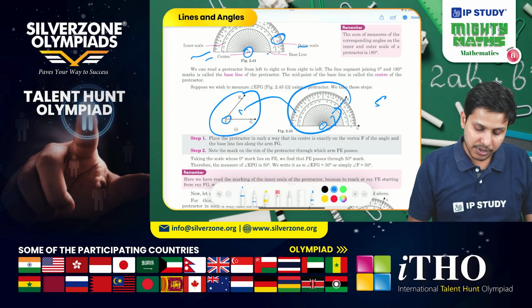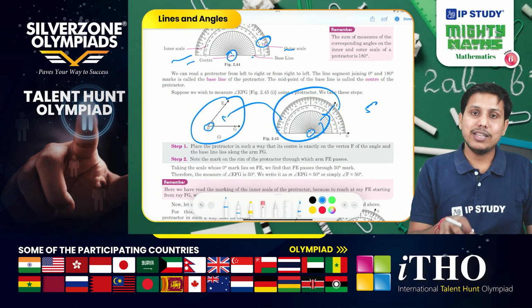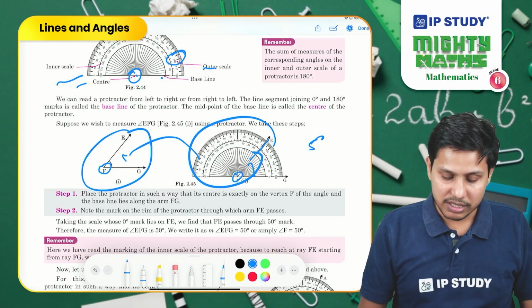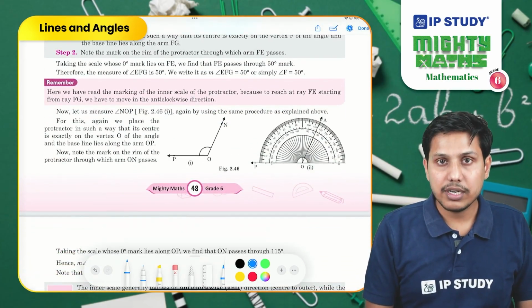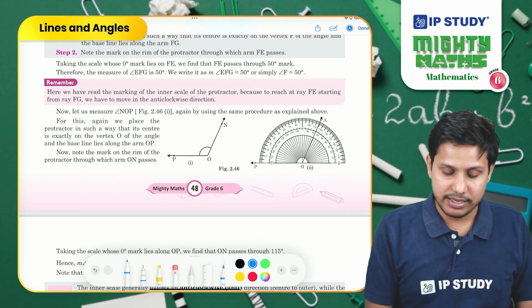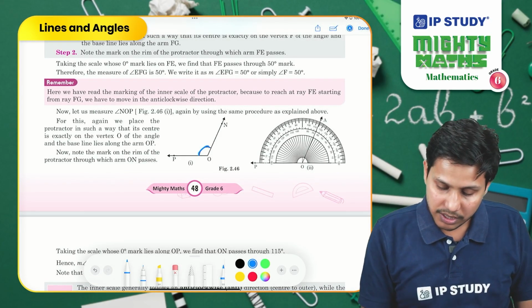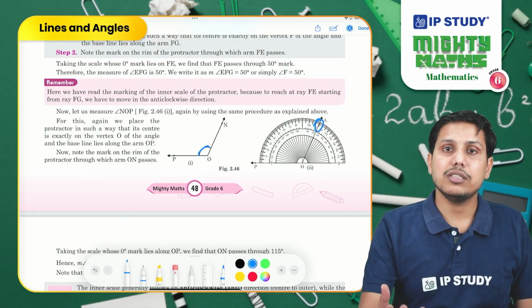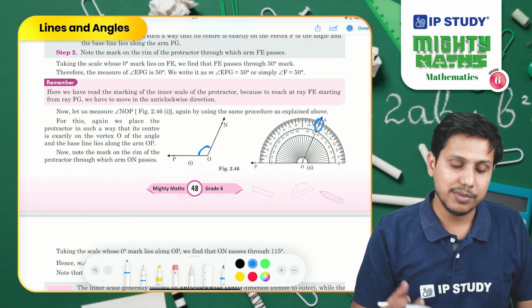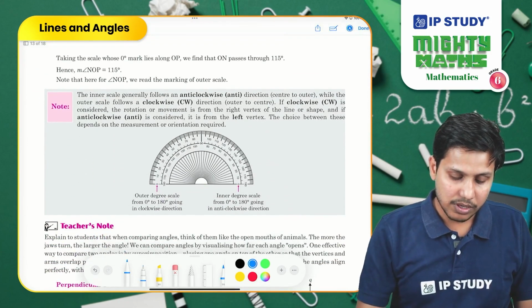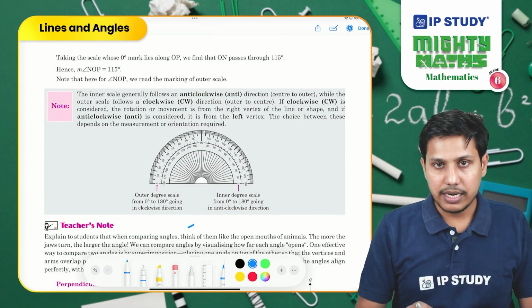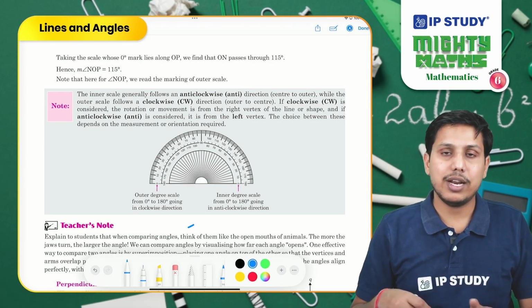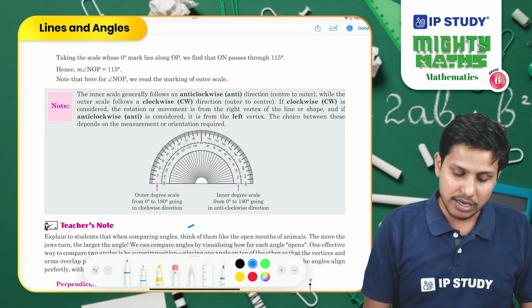Similarly, you have to keep the protractor over the angle, and measure how much it has been rotated. Now if it lies on the right side, let's suppose like this, then we use the outer scale to see how much the angle has been rotated. Here we have the different components explained again, that is the inner scale and outer scale. As I have told you, left side or right side of an angle, instead you can understand it as